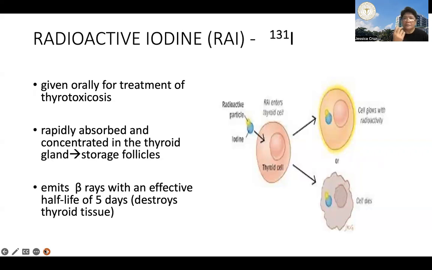After you swallow the radioactive iodine pill, no, it is rapidly taken up in the thyroid gland, no? So it's sinostore yan kasi thyroid gland has a great affinity for iodine and iodine-based compounds. So mabilis yan i-take up ng thyroid gland and stored into the follicles. So being radioactive, they emit beta rays that will slowly destroy your thyroid cells, no? So sabi dito, there's an effective half-life of 5 days in which it destroys your thyroid tissue. Kaya single dose, no? Okay.